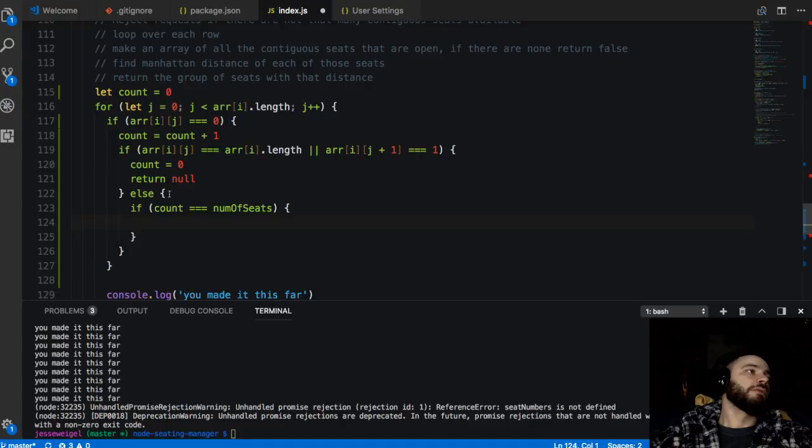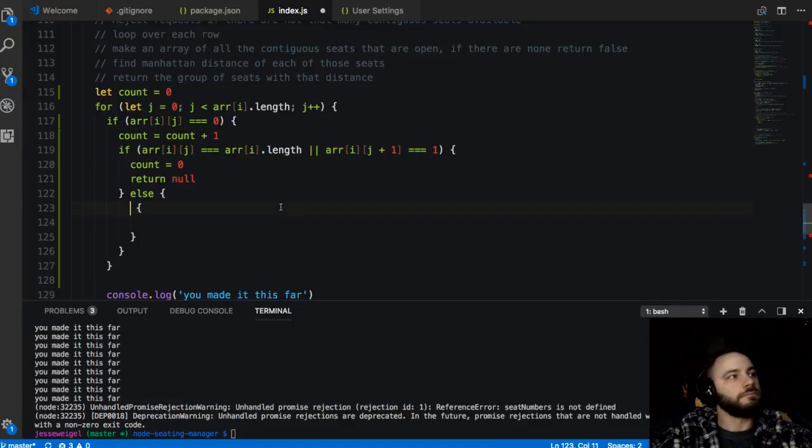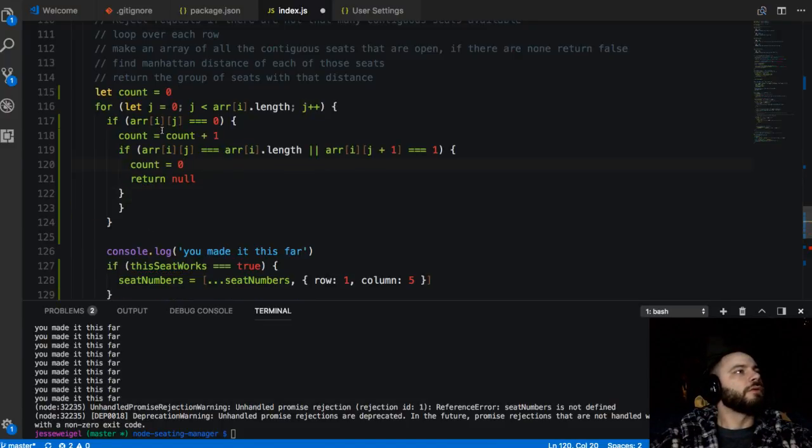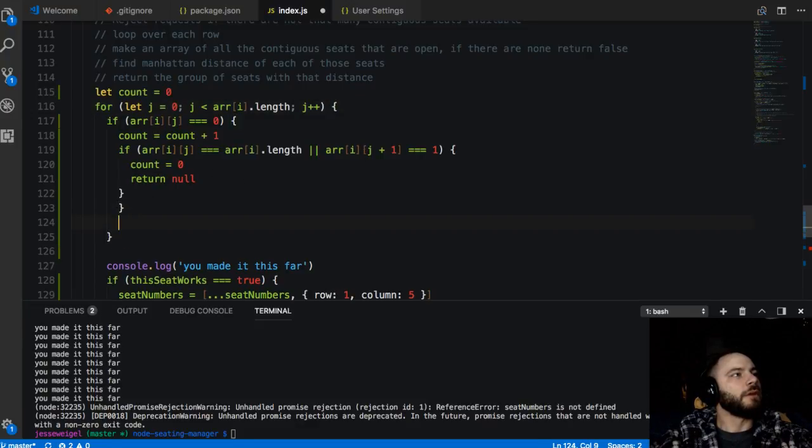So at that point, I don't think we need an else. So we can get rid of this. Because what we really want to do here is say, what we really want to do, I think, at the top of every loop through here, or even at the bottom, at that point, I guess, is just say,